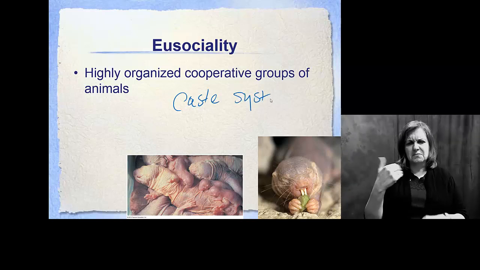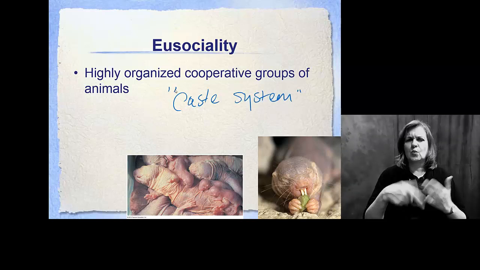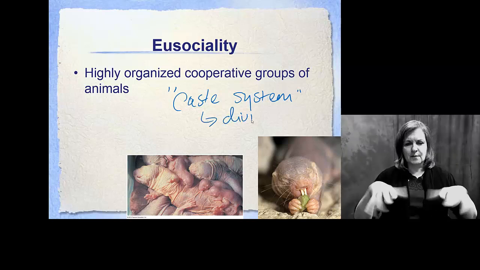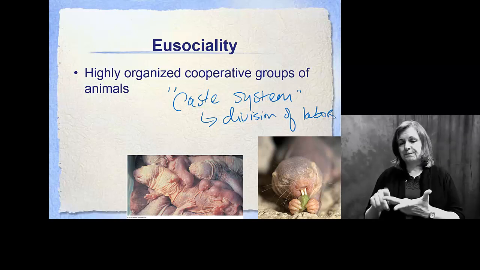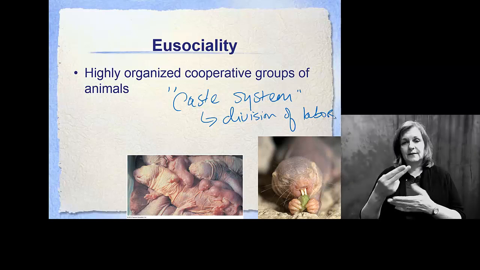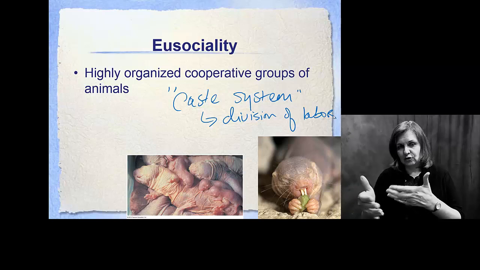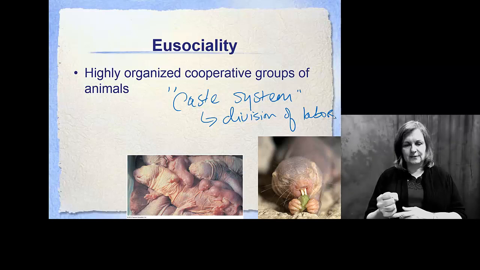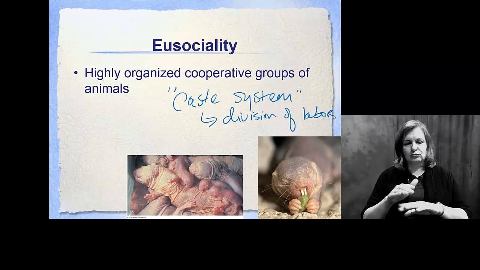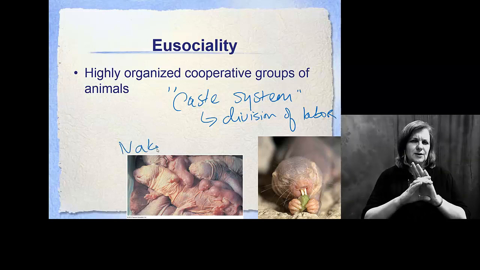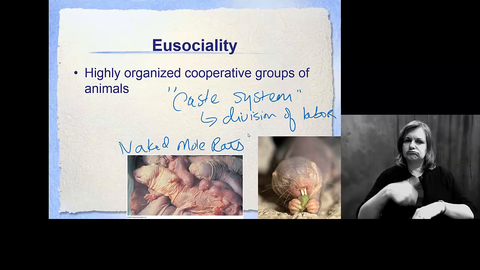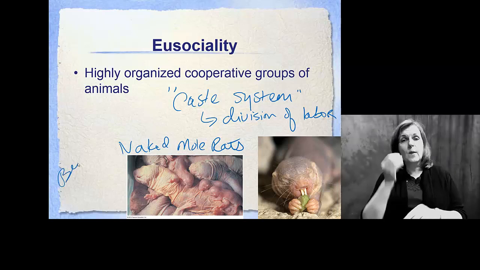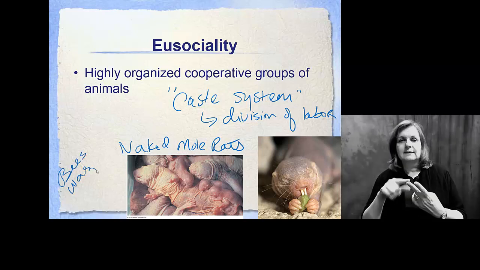So do you remember back from social studies what a caste system is? Essentially, this is complete division of labor. There will be workers, there will be breeders, there will be individuals that clean the hive or the nest, and never the two shall mix. We don't see overlap between these, but what we see instead is a very functional society. In this case, these are naked mole rats. Very caste system. You may know better though, bees, honeybees in particular, some wasp species.